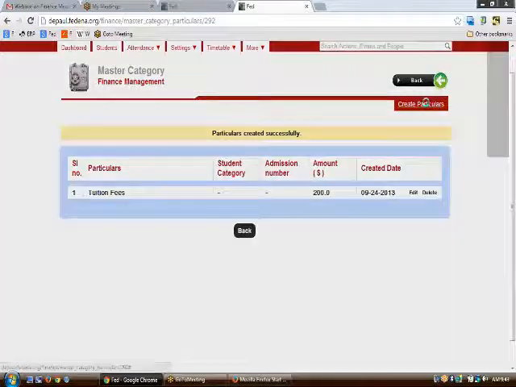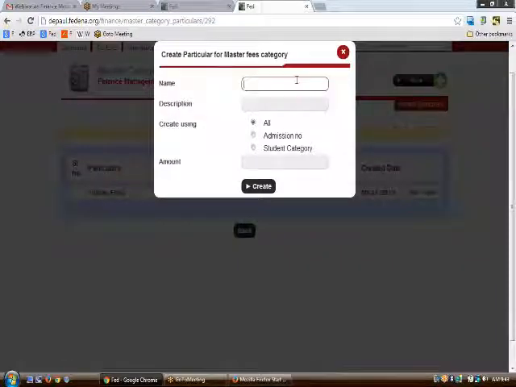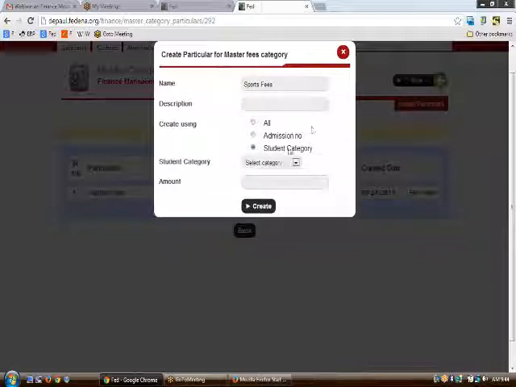Now it's time to create some more, like sports fees, and again I want to create it for a particular student category. On clicking student category, I'll be getting an amount of, let us say, for only local students they have to pay rupees 50.